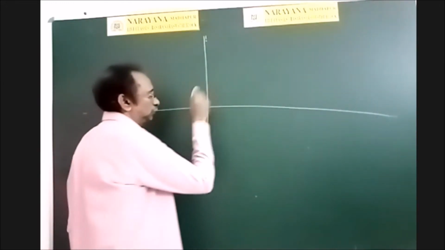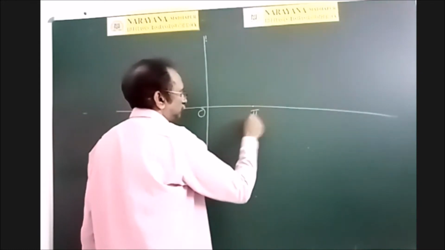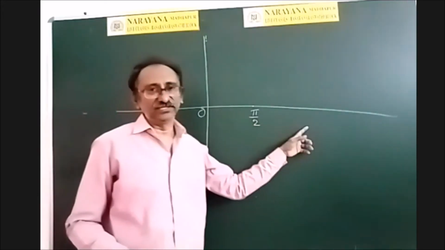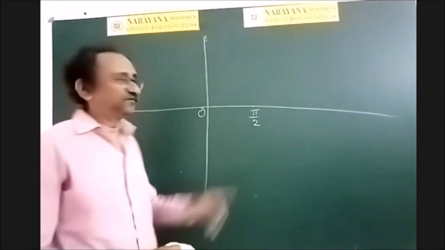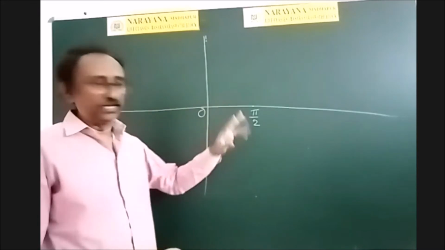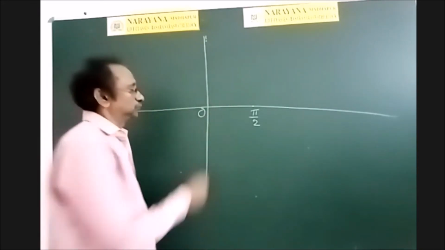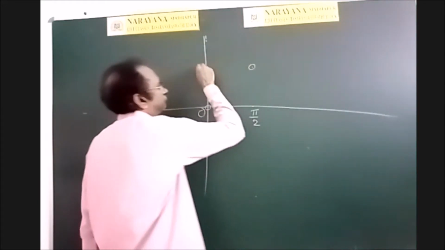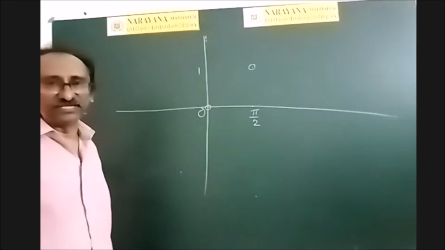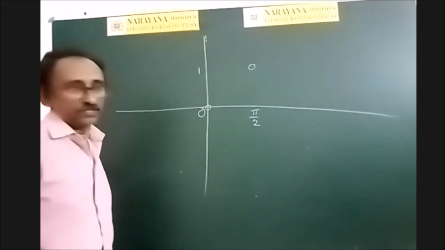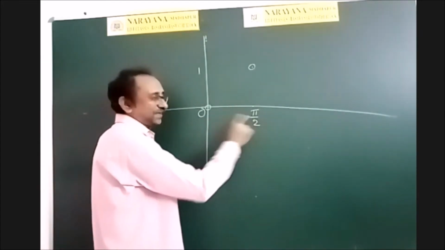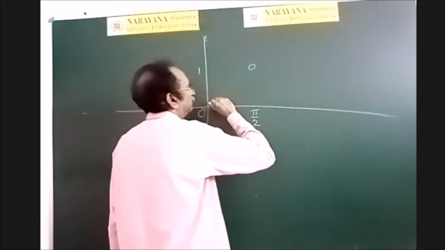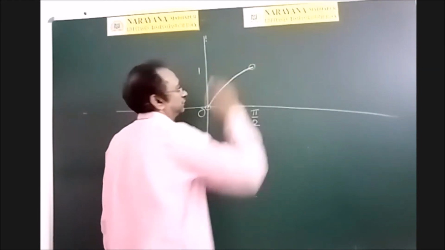See, this is 0 and this is pi by 2. In general, in xy coordinate system, along x-axis, we have to take real numbers only. Therefore, we write angles not in degrees but in radians. So pi by 2. What is sin 0? 0. What is sin 90? 1. Just we observed that sin 90 degrees is 1. So sin pi by 2 is 1. And for any angle between these two, sin ranges from 0 to 1. We already observed. So if we plot, the graph will be like this.